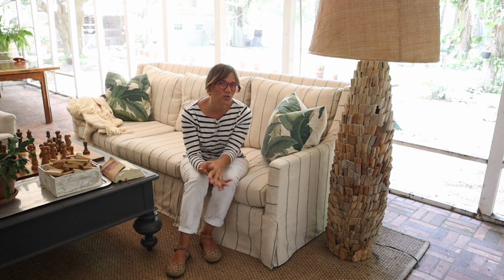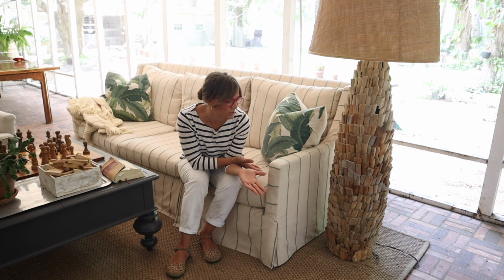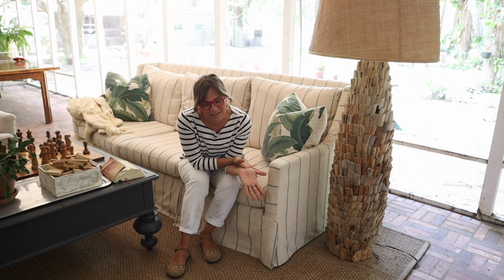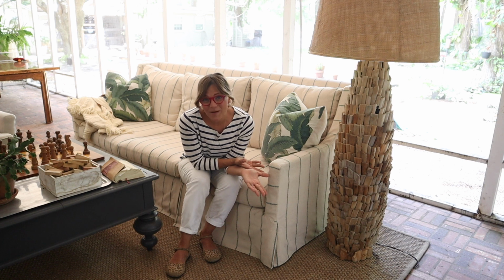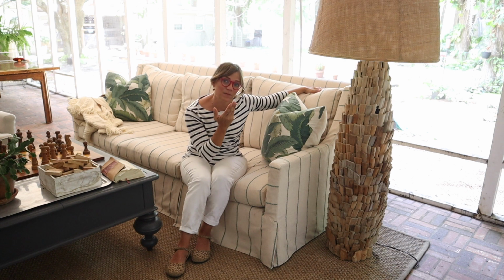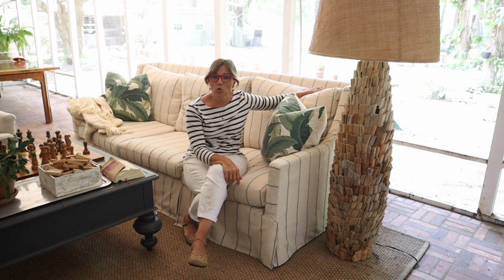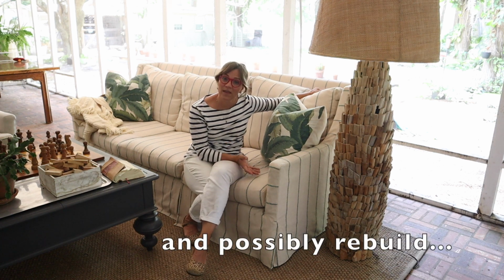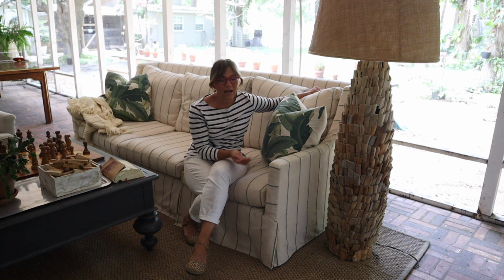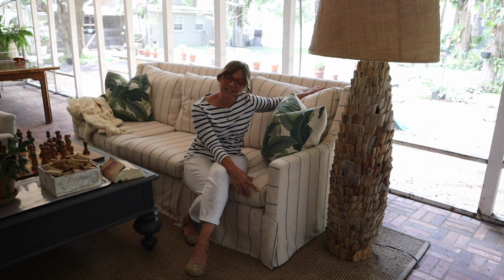And the thing about upholstery is that you have to do tear off first. So that's the other reason I was drawn to slipcovering. Not just because my mom was a professional slipcover maker, which had a lot to do with it, but because with a slipcover, all you do is cut and pin it onto your piece of furniture and make the slipcover. You're just covering over what you already have. With upholstery, you have to tear off everything that's on your piece currently, and tear off takes a long time. So upholstery not only takes longer to do,